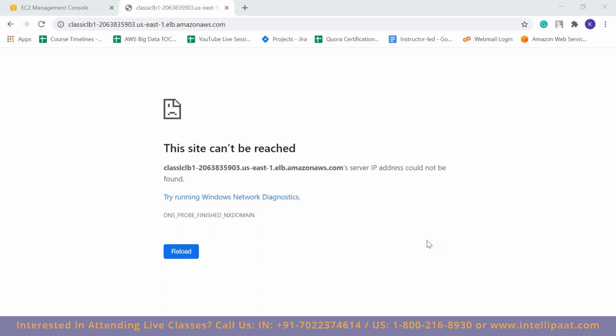So you have a DNS name for this load balancer. You can create a hosted zone with a domain name or an IP address, and you can provide this DNS name over there. So whenever that domain name, for example intellipaat.com, or the IP address is typed in the web browser, it will be redirected to this particular load balancer.